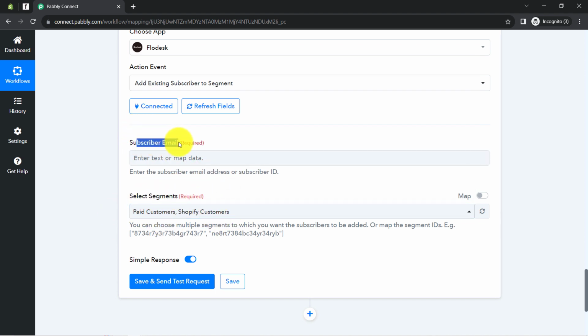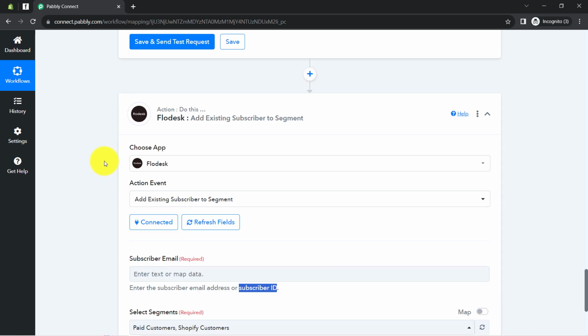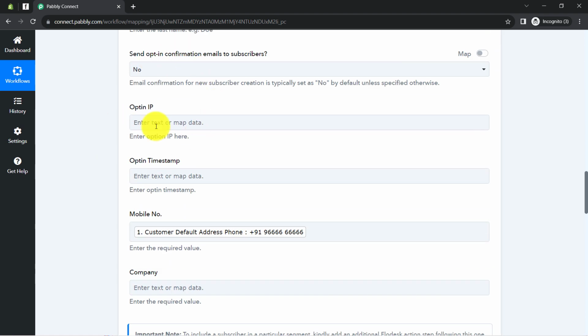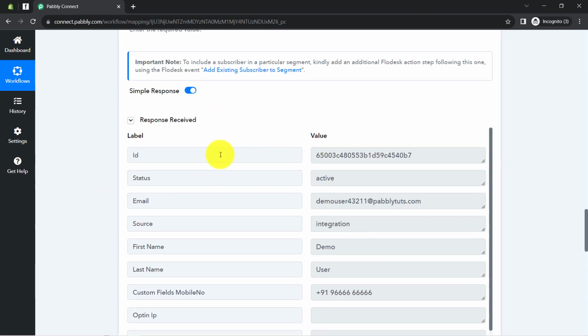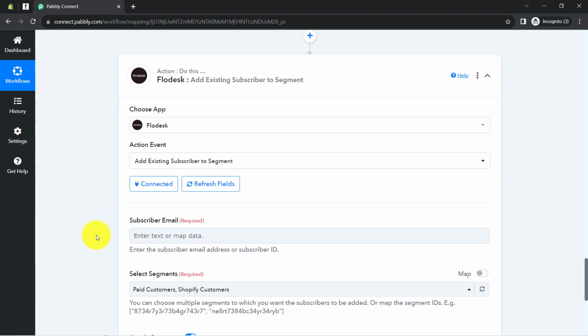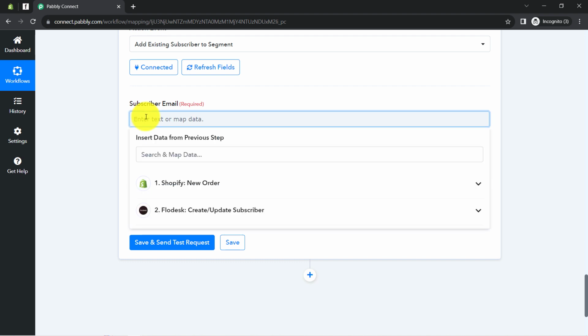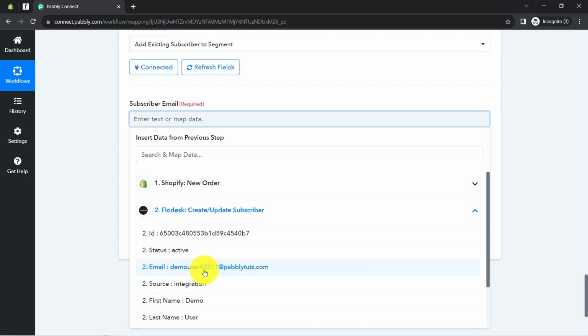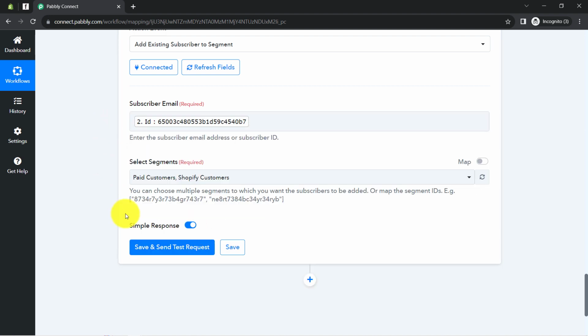It is also asking for the subscriber email, or you can also add the subscriber ID. Now you must be thinking, from where will I get the ID of the subscriber? Well, we have just created the subscriber in our second step, and in the response we have also received the ID of the subscriber, so we can easily map this ID. Again I am telling you, it is up to you whether you want to directly add the email address or the ID of the subscriber. Okay, so how about this time I go with the ID of the subscriber,